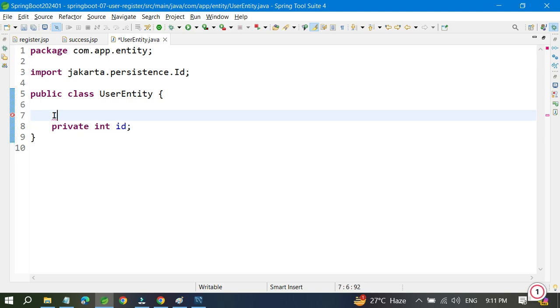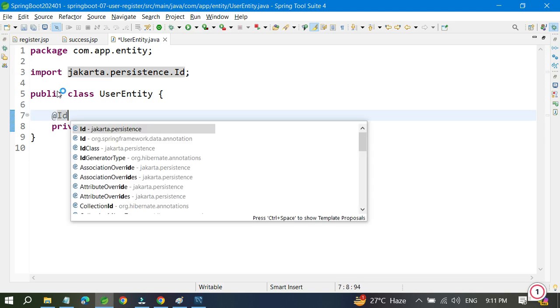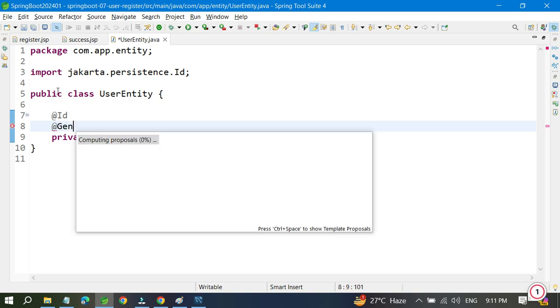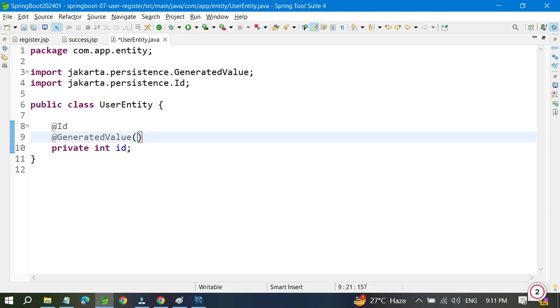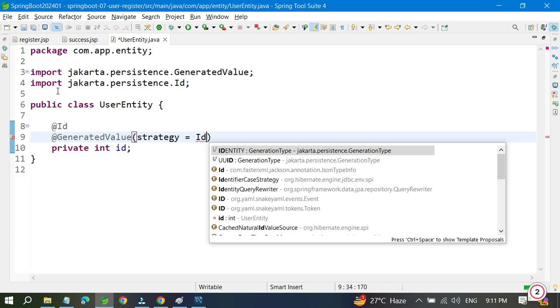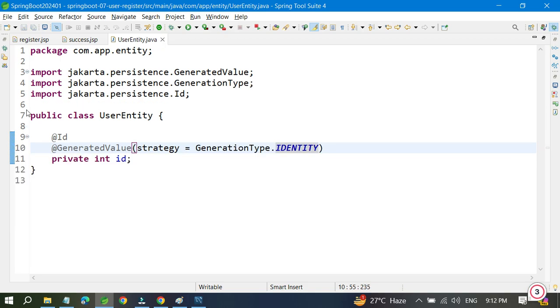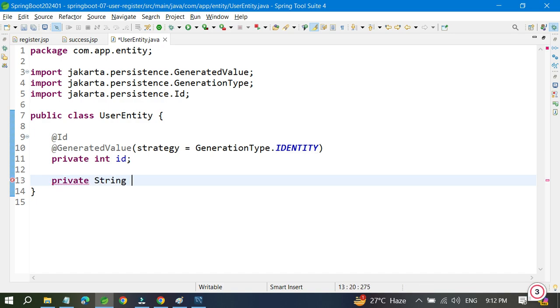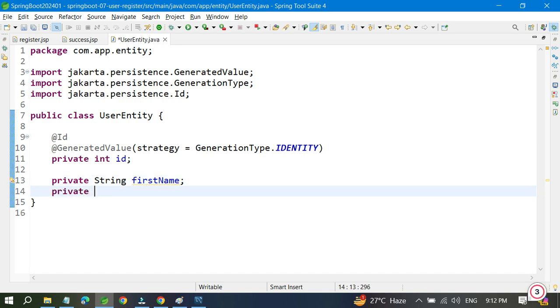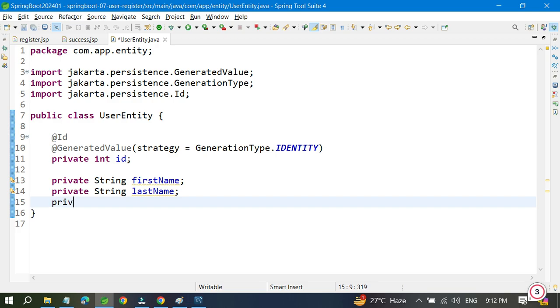Okay, and next field, this is the primary key value. Next field is private string first name, private string last name, private string gender, email, private string course, and private